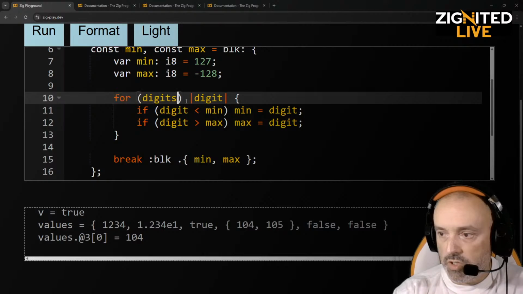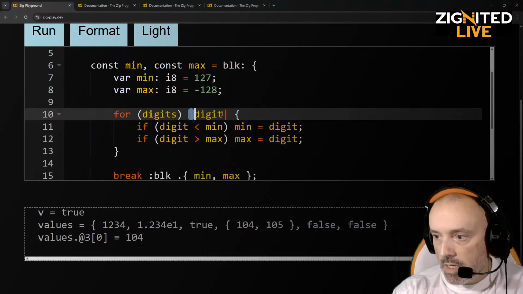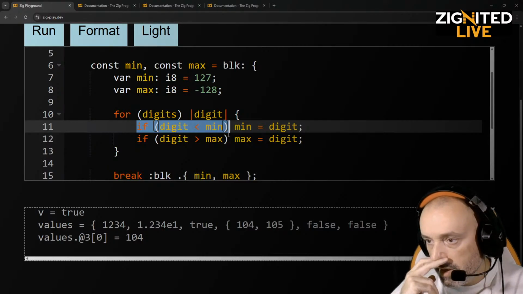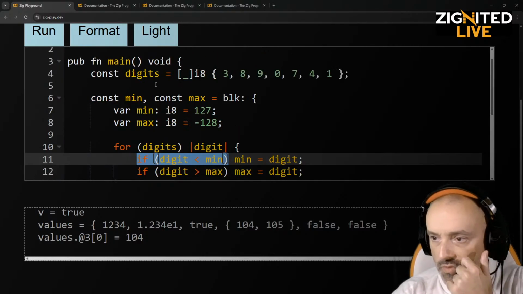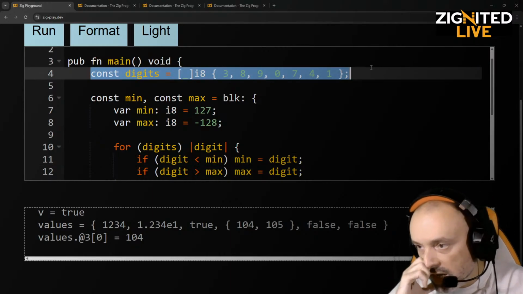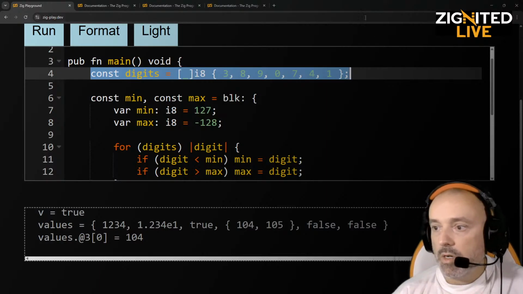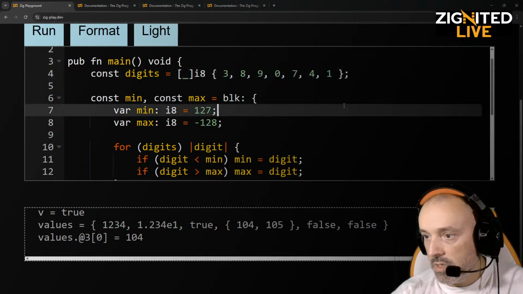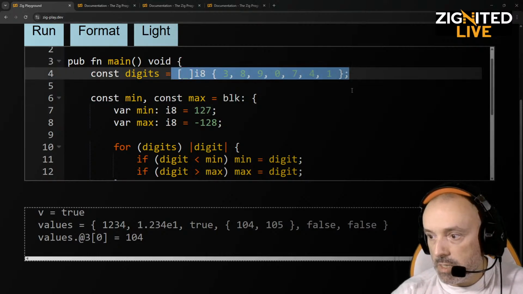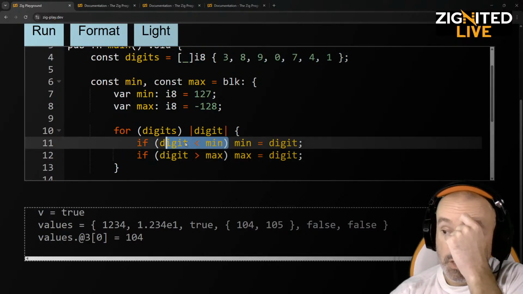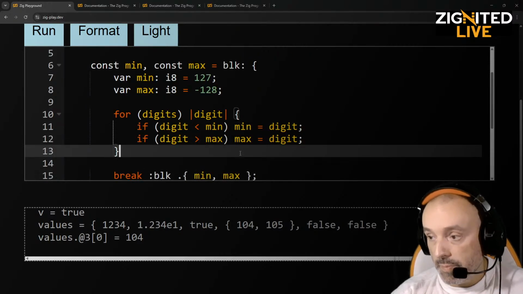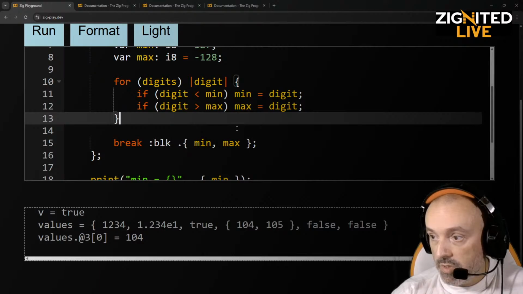Okay, then a for loop over digits. They take the digit, this capture group, and test it: if it's lower than minimum. Where do these digits come from? Here, sorry, I missed it. So it's an array of i8s of dynamic size basically, but we can see that there are 7 numbers inside. So they loop through these, then ask if the current digit is lesser than minimum, and then they set the new minimum to that digit. So it's a pretty straightforward, simple algorithm to determine the minimum and the maximum value of